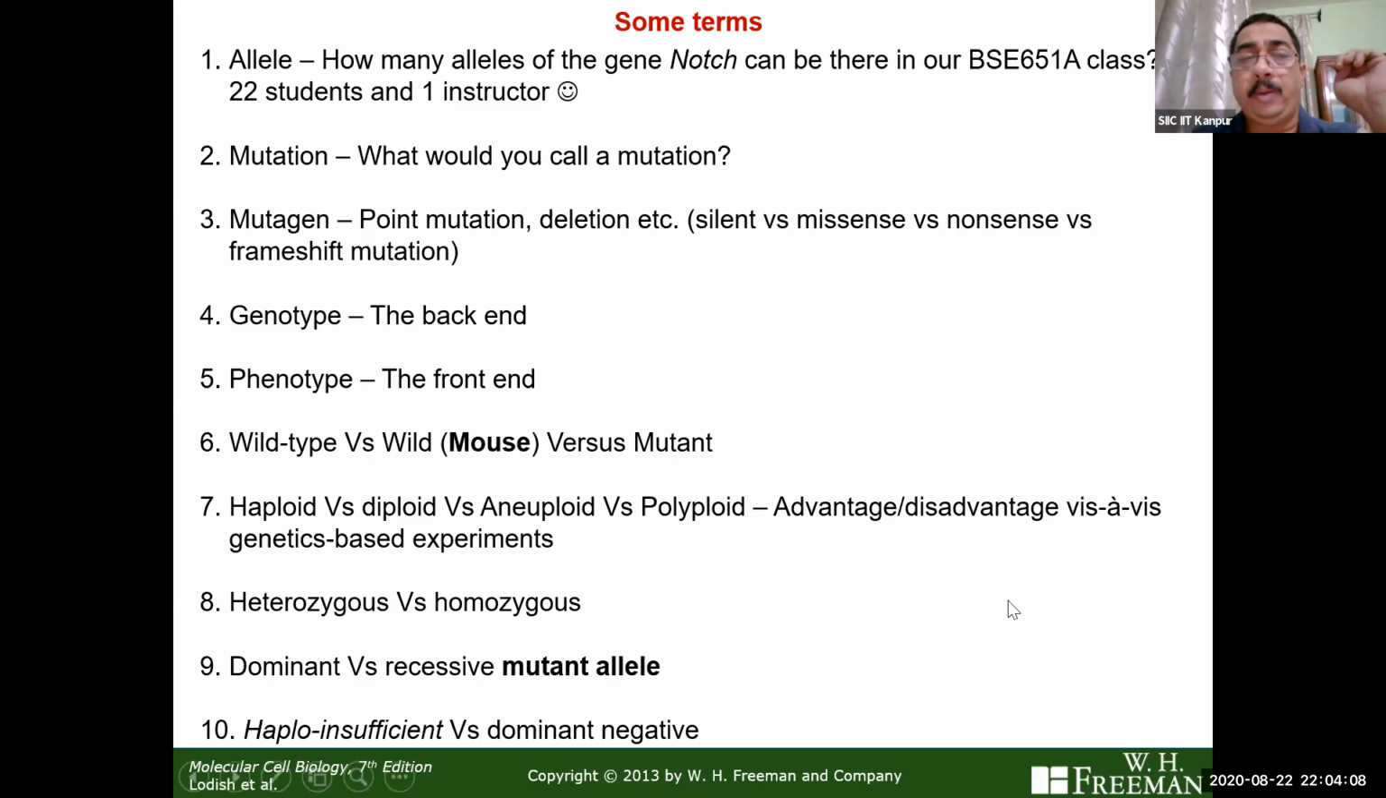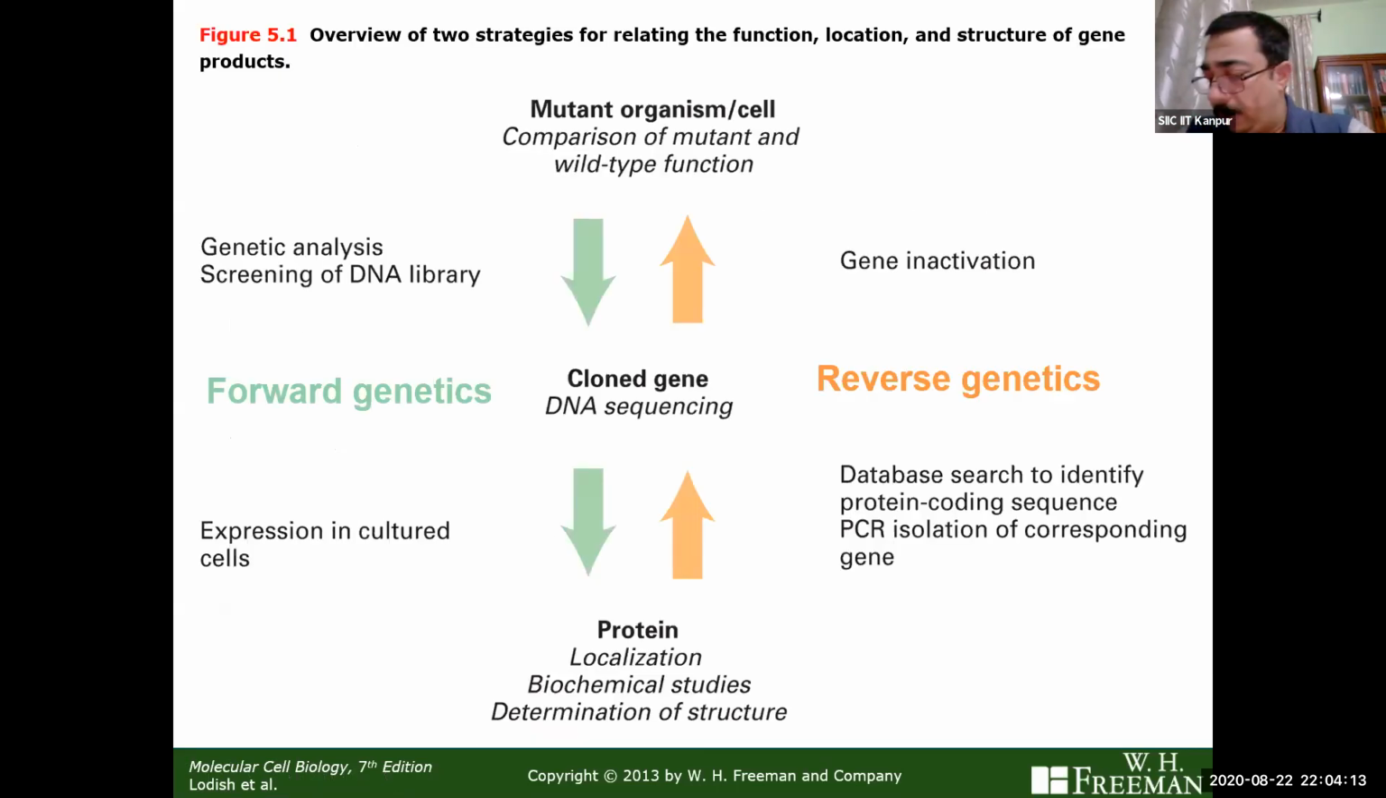It is very important that you have a very clear concept about all of these terms. Okay. Now let us move one step further: how do you make any attempt at correlating genotype and phenotype? Okay, so in the middle you see that the cloned gene DNA sequence is right in the center, because that is the immediate objective